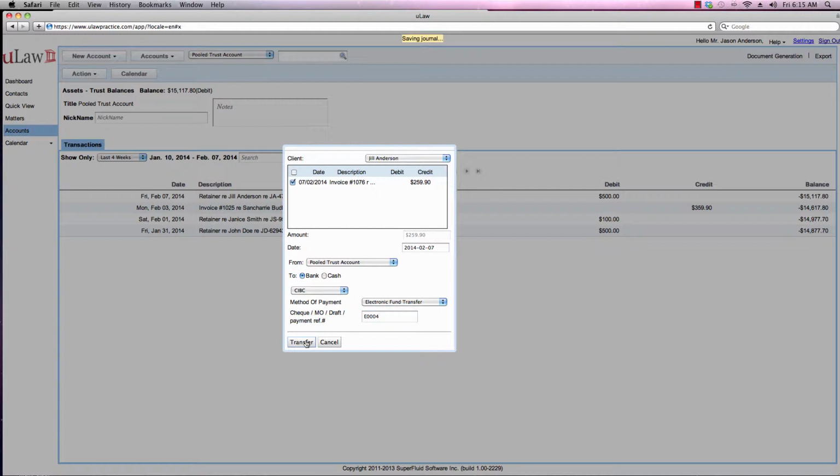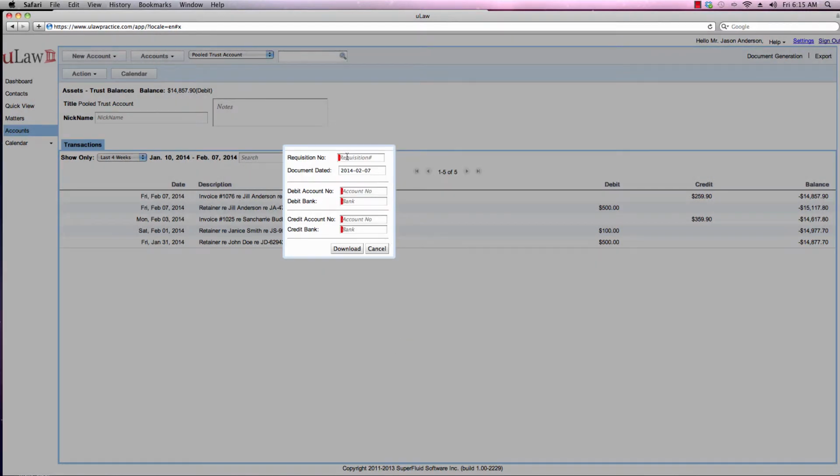Now, what uLaw does is it puts an automatic journal entry for you to equate your bank payment, and also allows you to download the Form 9A that you need to do because you did an electronic fund transfer. So if you click on Form 9A and you give E004, and obviously today is the date, or you can change the date to whatever it was, the debit account. The account number is